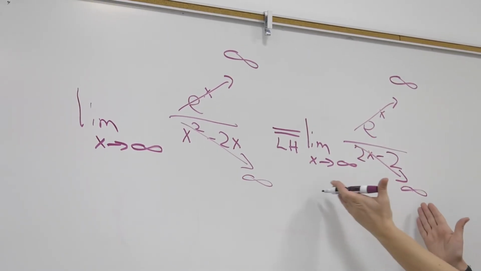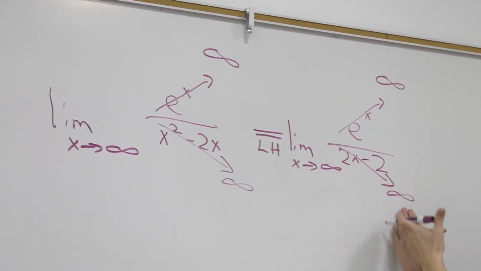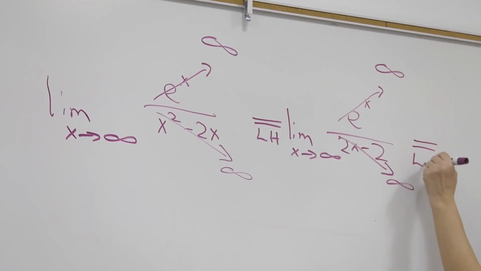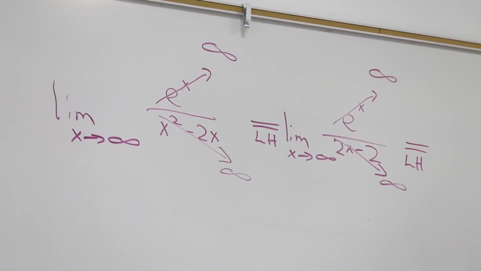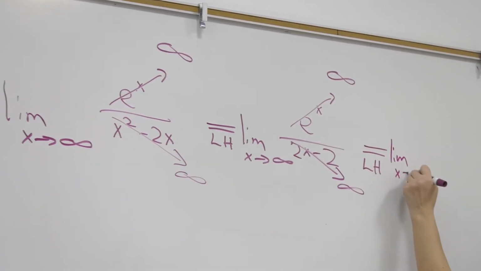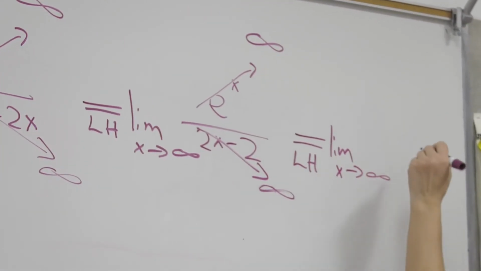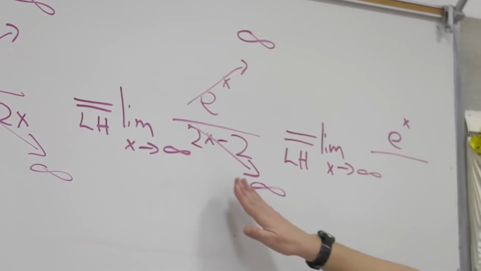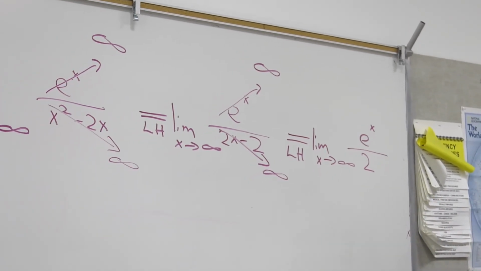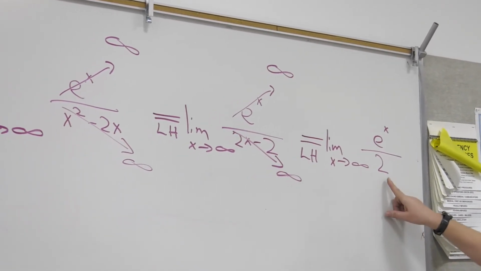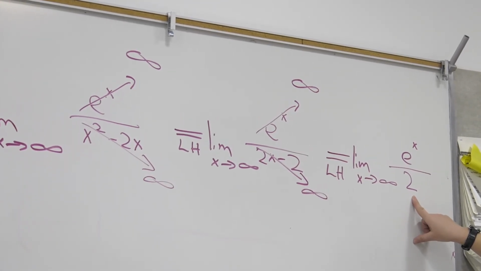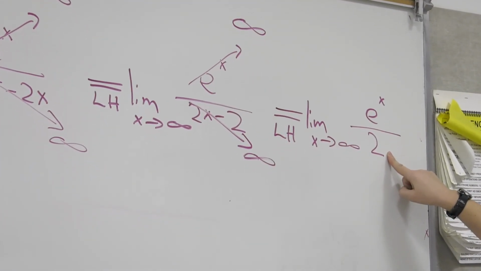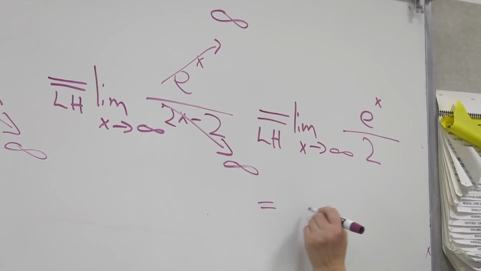That's okay. If this is where I was starting, I'd say, oh, I have an indeterminate form, I should just use L'Hopital's rule. So what I'm going to do is just use L'Hopital's rule again. So we get the limit as x goes to infinity, derivative of e to the x is e to the x, over the derivative of 2x minus 2, which is just 2. At this point, the denominator is now finite. So e to the x is going off to infinity. Dividing it by 2 is not going to change the fact that it's big and positive,